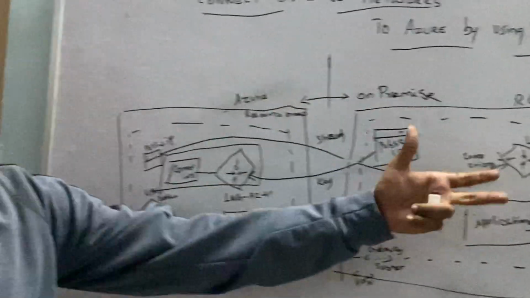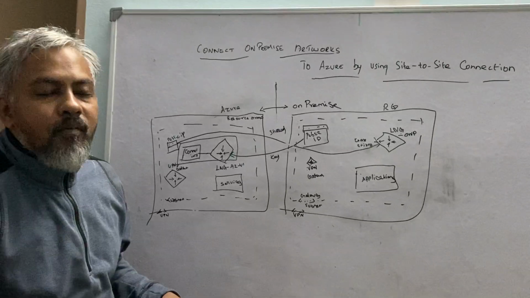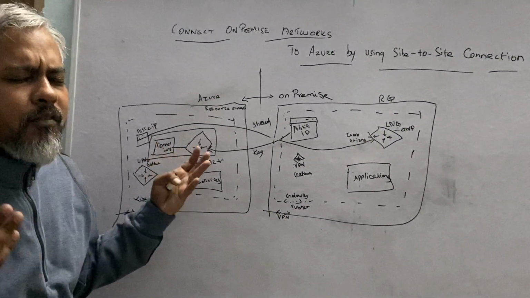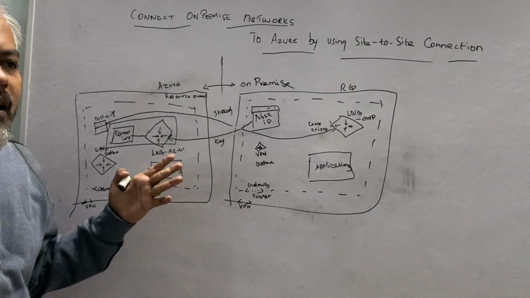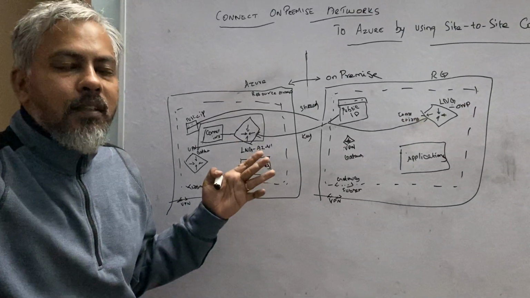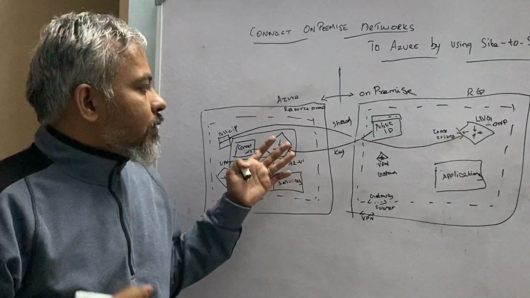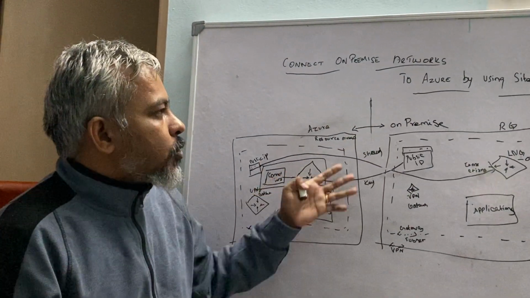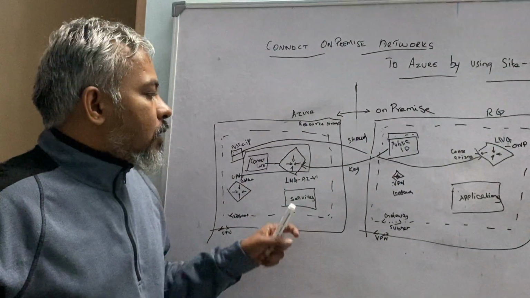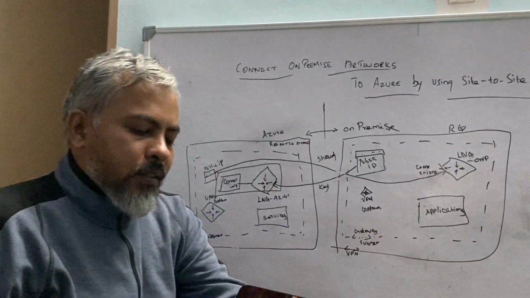So why do we need to go for this kind of site-to-site connection? Basically, we need it for secure environments. For example, if you are a healthcare provider, you want to securely pass some patient health data to the doctor and get the data back from the doctor, then we need to go for this kind of site-to-site connections. So we'll see how we can create all of this. Let me show some magic here.